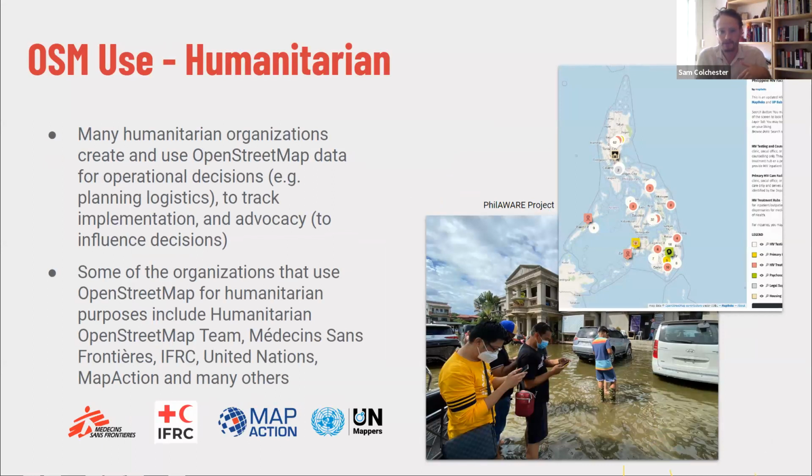So it's used by large humanitarian organizations, including MSF, Red Cross societies, UN bodies, many organizations, and they're using it for operational decisions, like planning and logistics. They're also using it to influence decisions in advocacy. So it's widely used among humanitarian organizations in that sector.